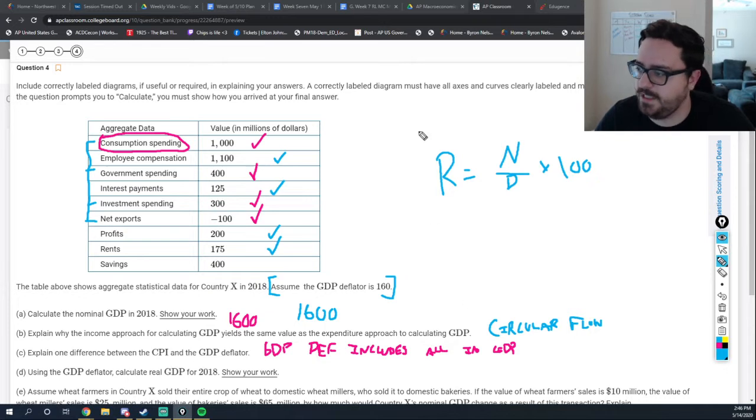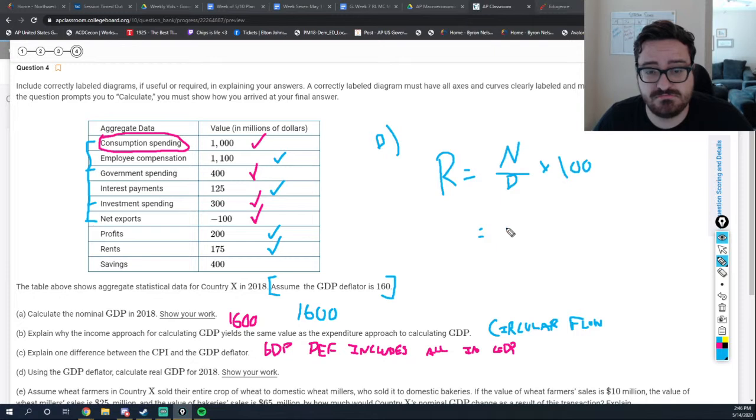This is all work for D. Real equals nominal over deflator times 100. My nominal is 1600. My deflator is 160. Holy crap, did that work out? Again, AP exam questions for macro are meant to be done without a calculator, and that includes this year's. So you should be getting mostly fairly doable math. So 1600 over 160 is